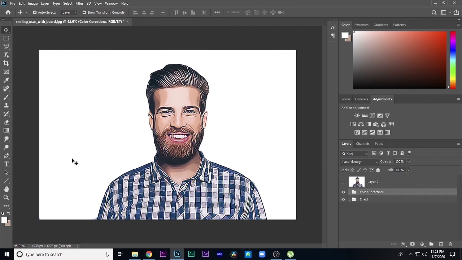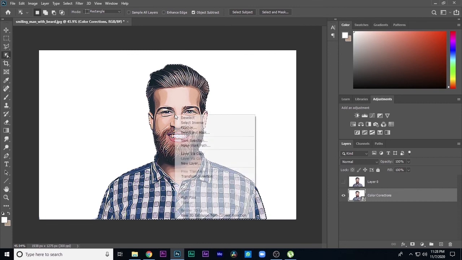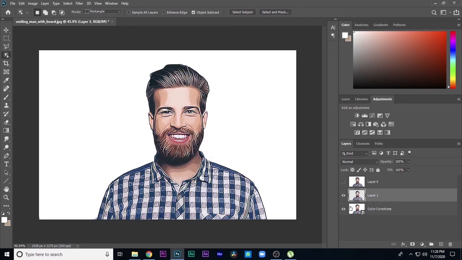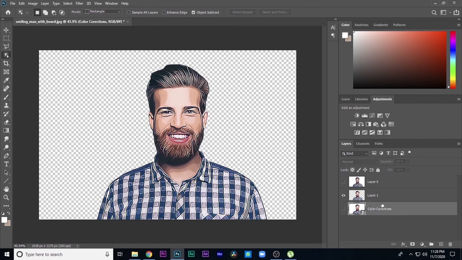Yeah, after all the adjustments, now I'm going to merge these 2 layers, and now just select the Object Selection tool and click on Select Subject, or you can select the path too. After selecting, just hit Layer via Copy, and we can make it. Now see, this is one, and I'm going to add a gradient.